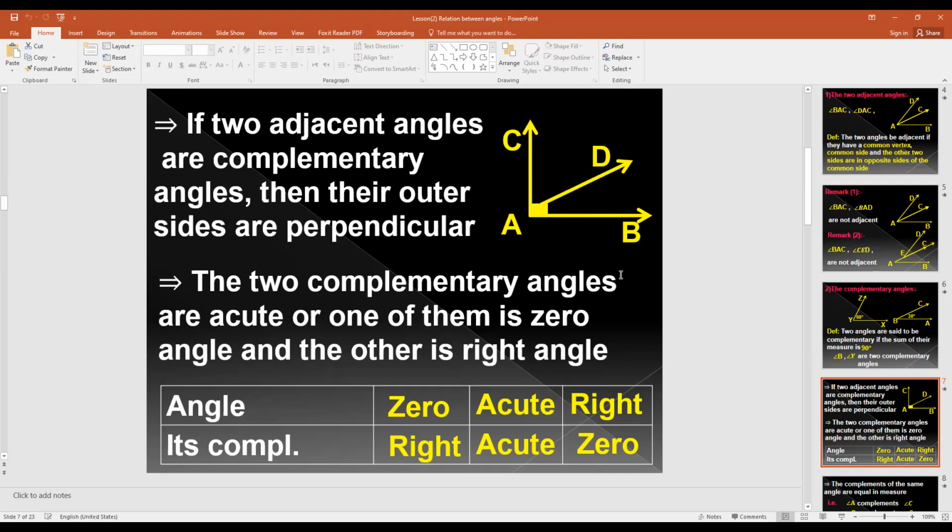And we say that if we have an angle with measure 0 degrees, the complement of the angle with measure 0 degrees would be a right angle. We want to find two angles. Their sum is